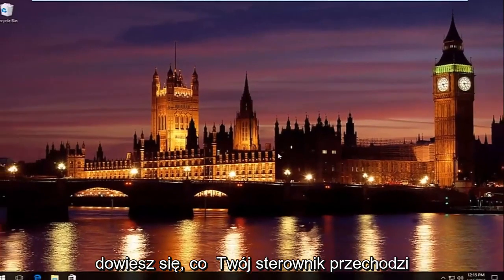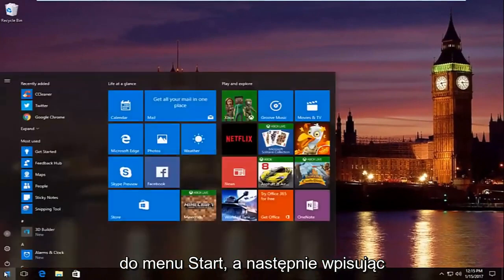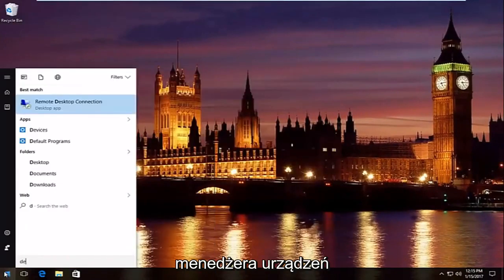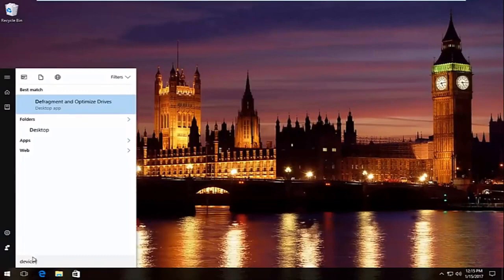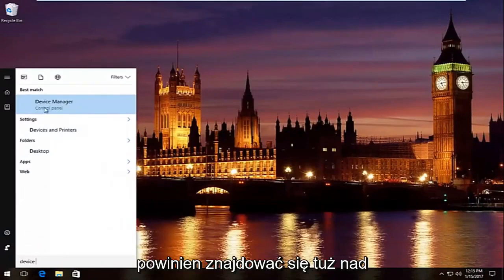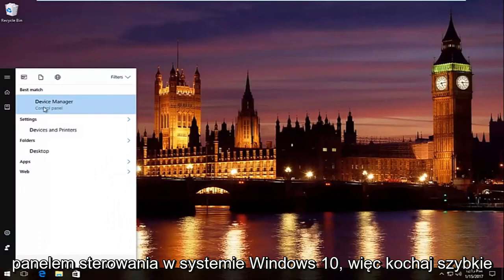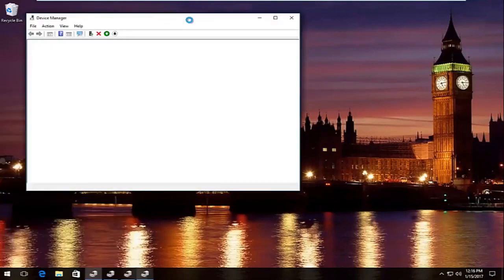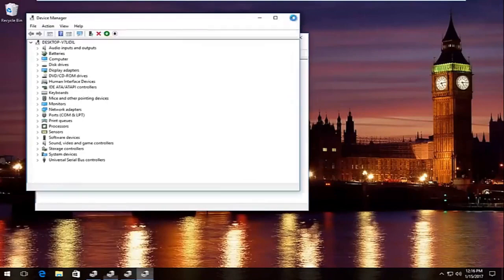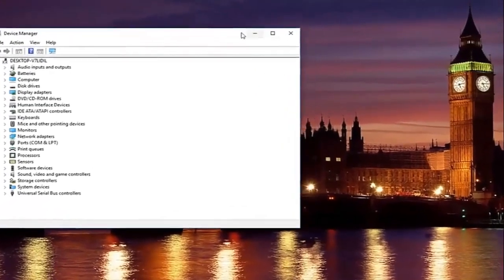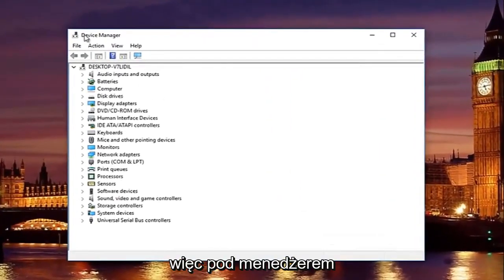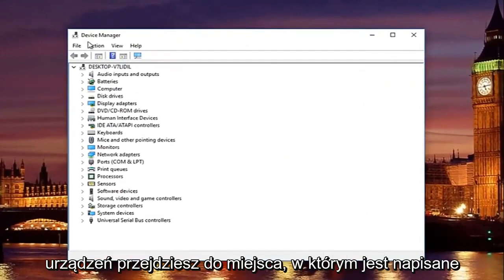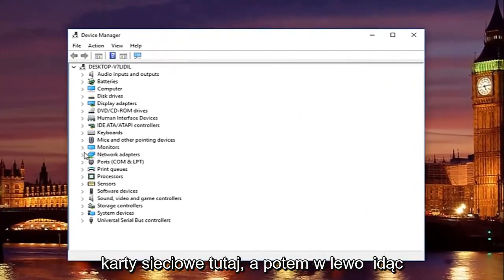And you would find out what your driver is by going into the start menu and then typing in device manager. Should be listed right above control panel on Windows 10. So left click on that. So underneath device manager, you're going to go to where it says network adapters here, and then left click on